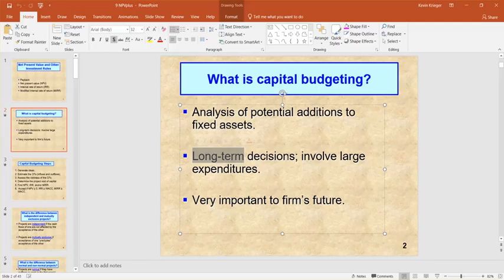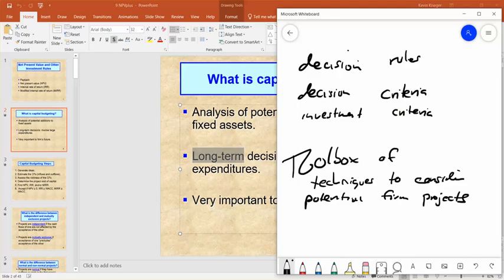These are big projects. We're not talking about what color stationery to order in the new Tupelo branch or something. We're talking about things that we're on the verge of doing or not doing. And usually, if you're thinking of a generic idea of a project, you'll often hear the vocabulary word projects here. A project is kind of like a widget for an economist. A widget is just a generic term for something that is assembled, for example, in a manufacturing plant. Projects are the same way. A project is just a generic term, meaning some big important thing that we're going to do that we might or might not do.